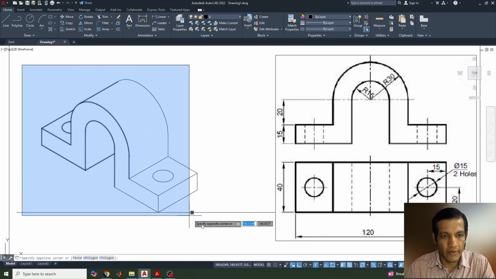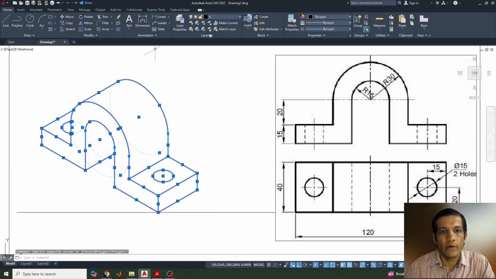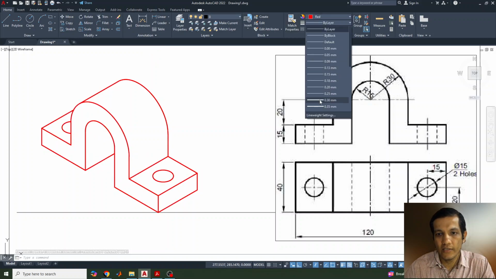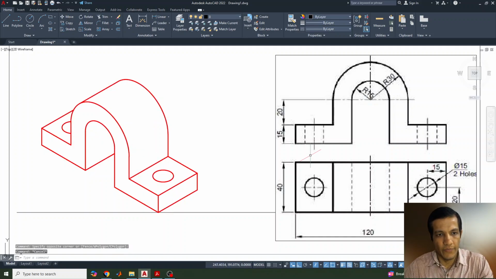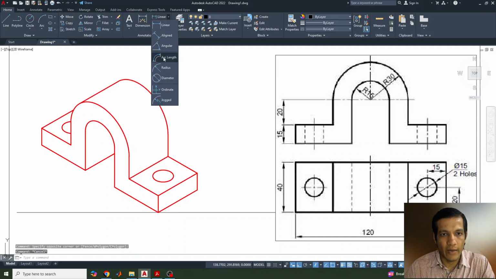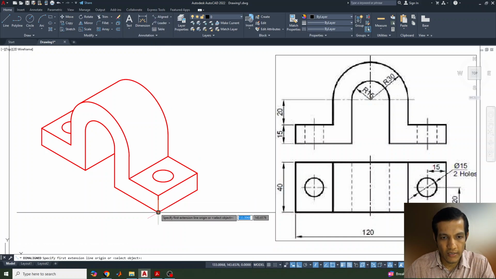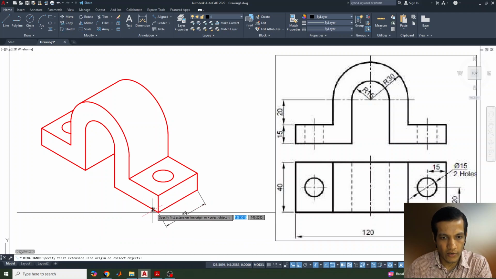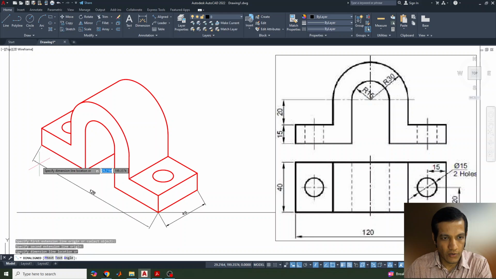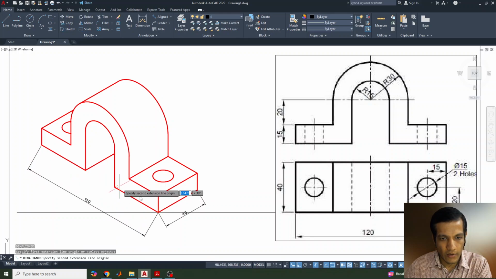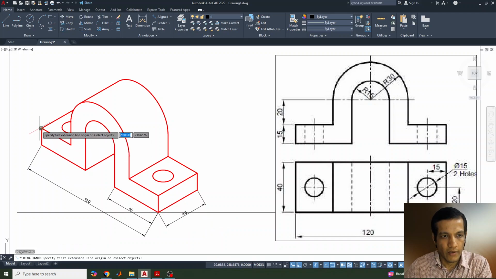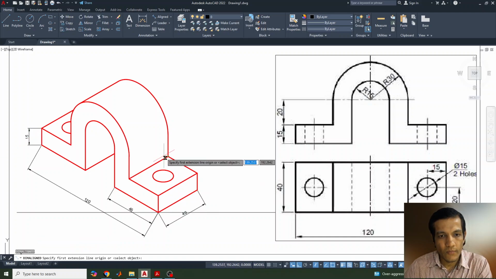Mostly we have completed everything, I think. So now we'll just change its color and increase the thickness of this. Okay, now the next thing is we need to give the dimension. So select the align dimension and select one point, and like this you select all of these. We just need to give all the dimensions properly, and this height you can keep it here, and from